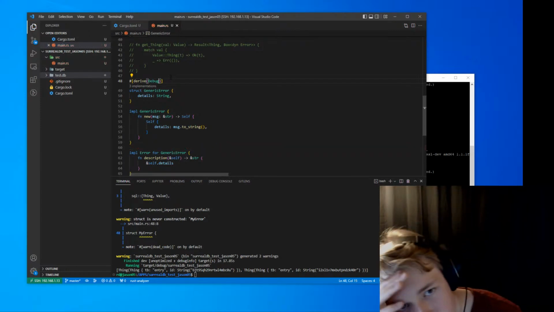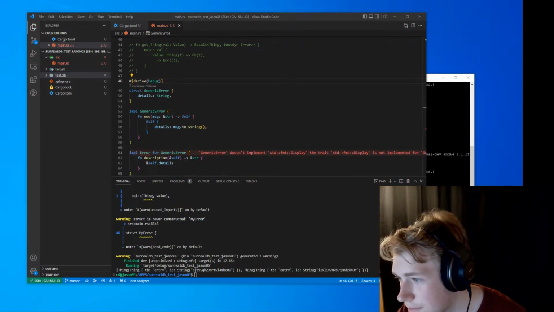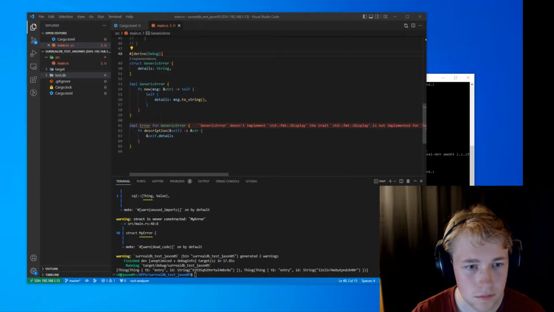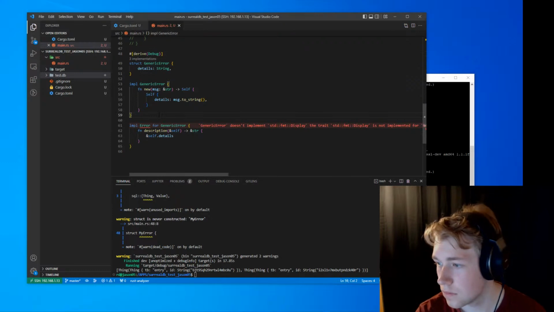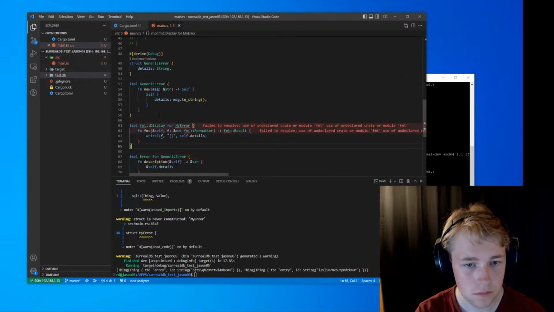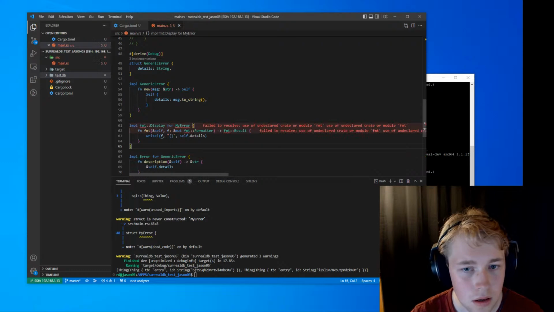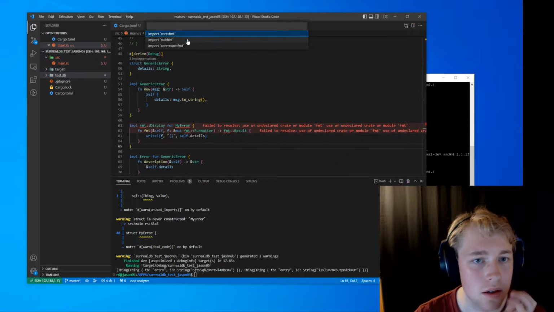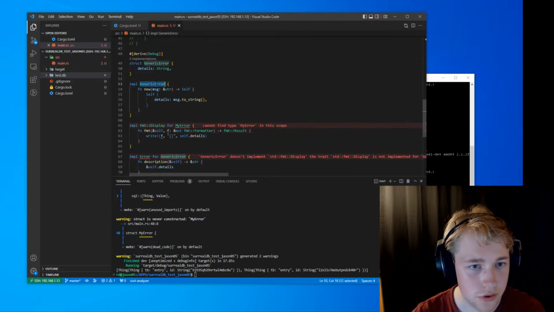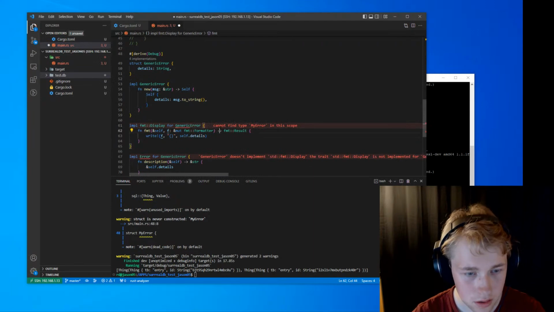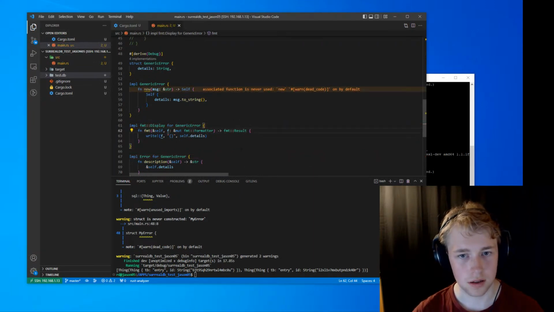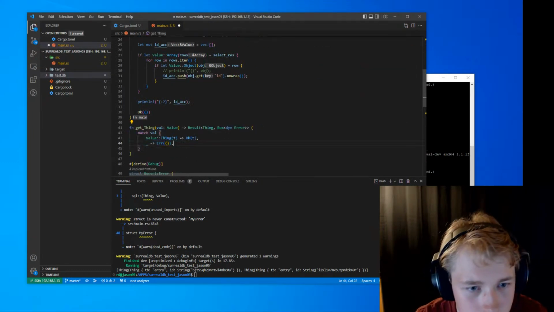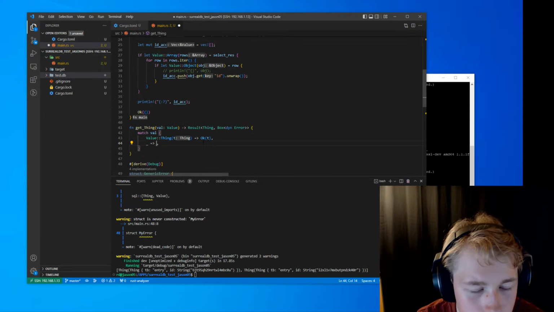Oh, I suppose I could just copy that. Import format, standard format, and then generic error. That looks good. So now, go to this function, then we can do